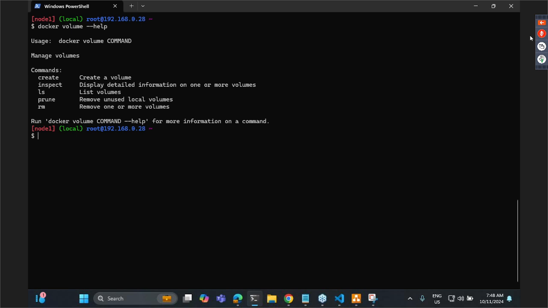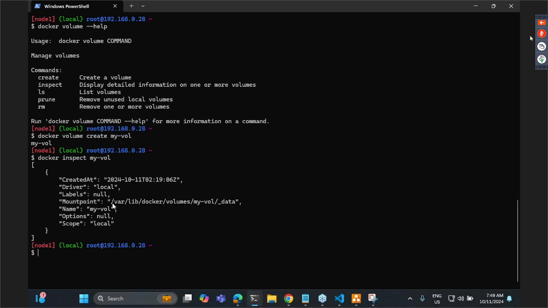Are you seeing Docker volume? Docker volume does nothing fancy. It will also create a folder, but that folder will be managed by Docker, not by you. Now what I'll try to create is docker volume create my-vol. Am I clear, sir? Now docker volume inspect my-vol. So it tries to tell that whatever you are trying to create will be created in this